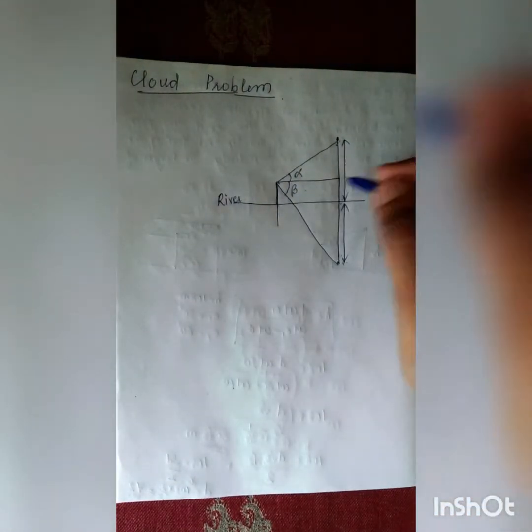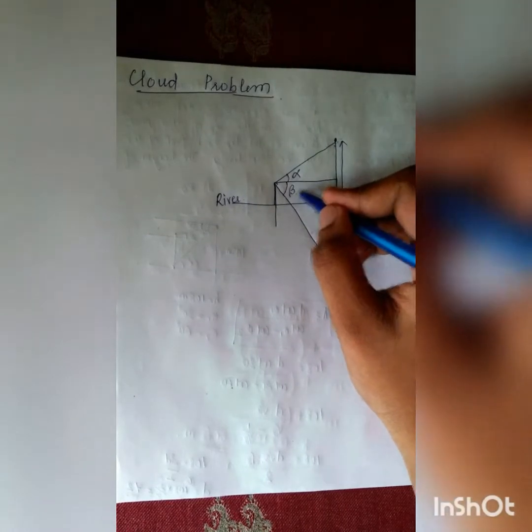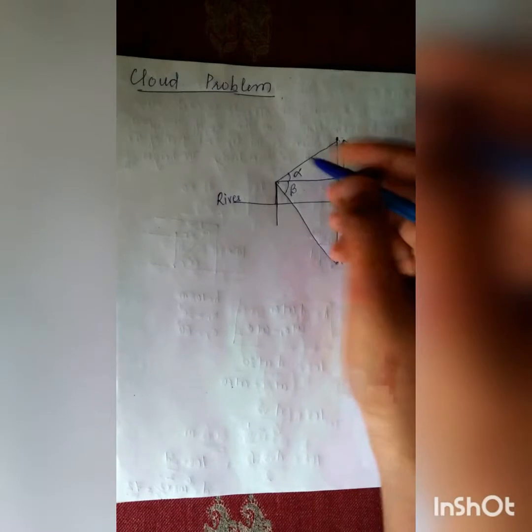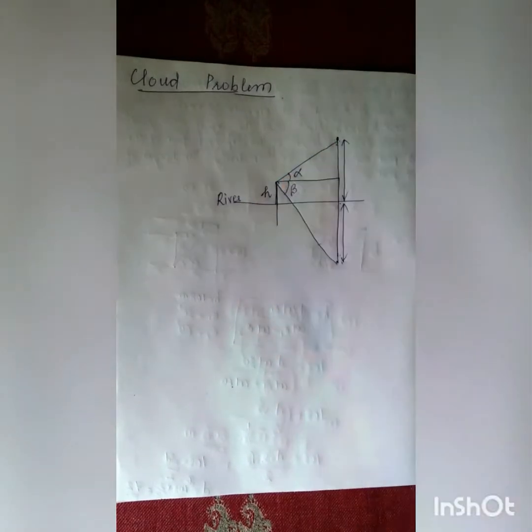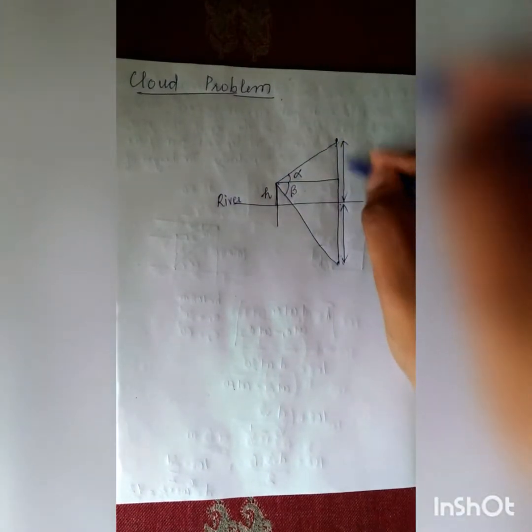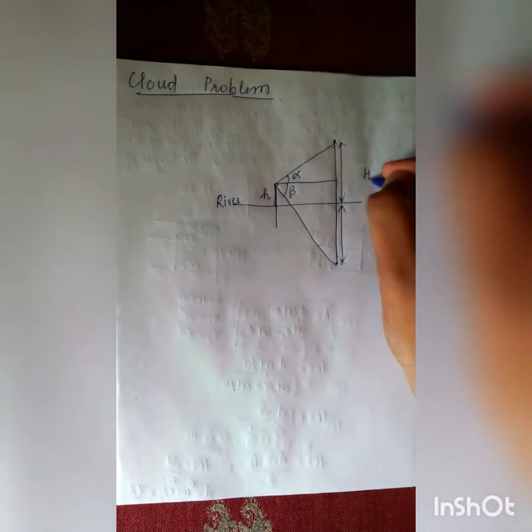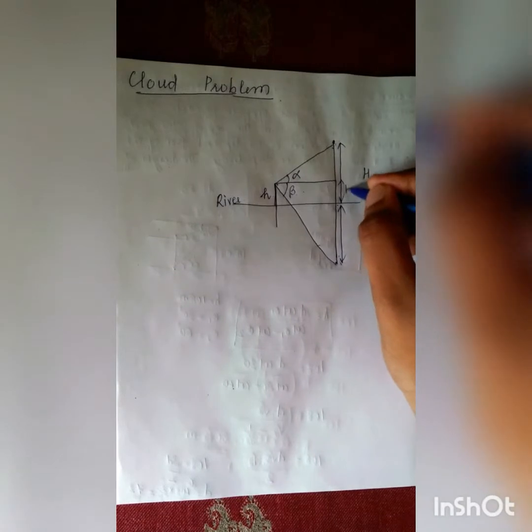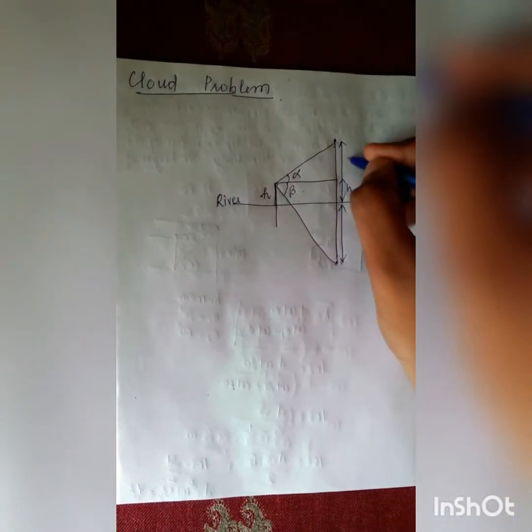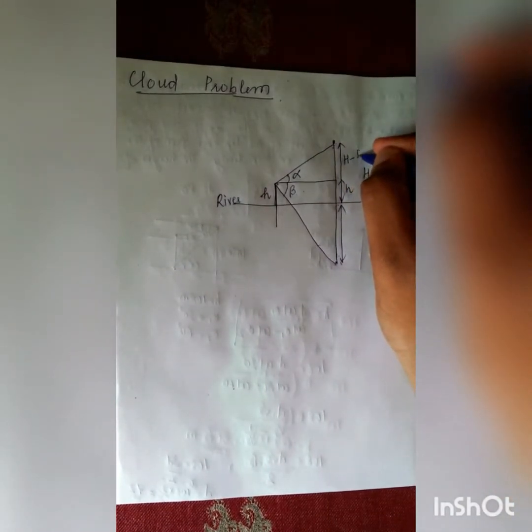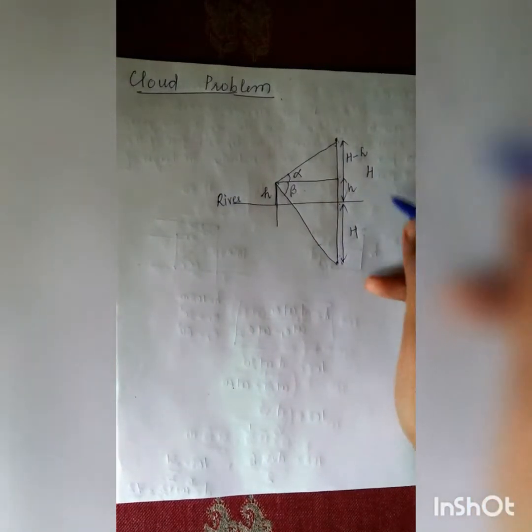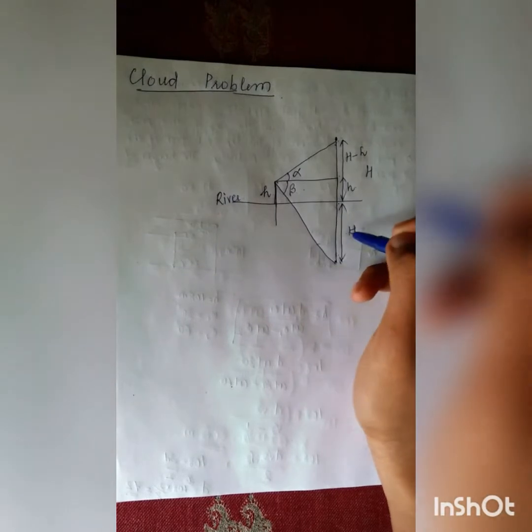Let us consider this is given as beta. Now we are given some height above the river. Let's consider it is h, and the height of the cloud above the river is capital H. Since this height is equal to h, the remaining will be H minus h, and this height is h. So for solving this type of problem, the shortcut is